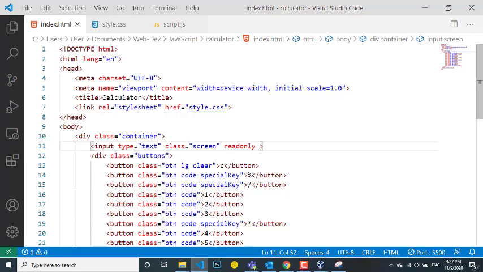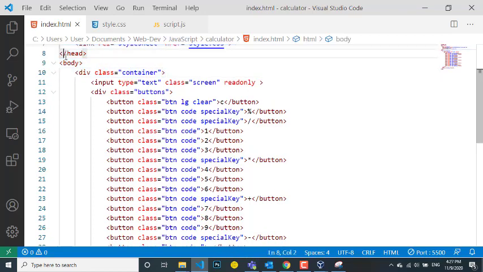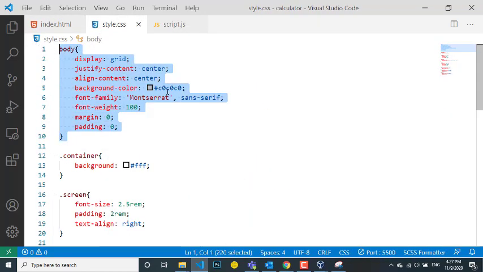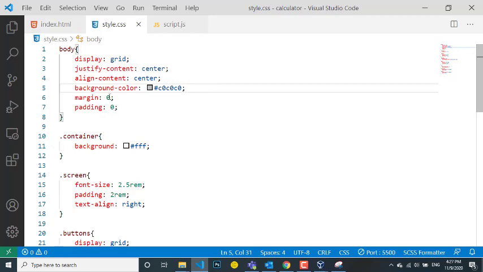So this is the HTML, this is the part, this one. Okay, I use this CSS for the background, for the body. So it's the grid, justified content center. This one is making sure everything inside this body is going to be centered, and this one is taking the vertical alignment. So this is the background and the font size. So I was trying something, I can even cancel this one and so on. I also removed the default margin that comes with the body element of the HTML.